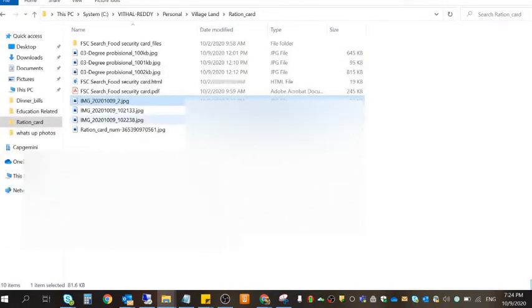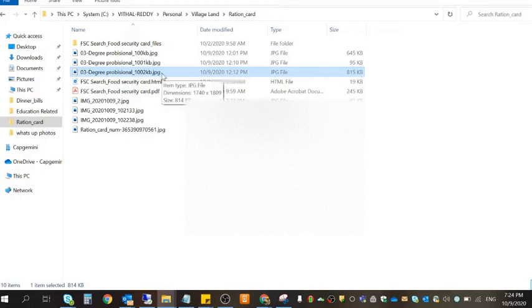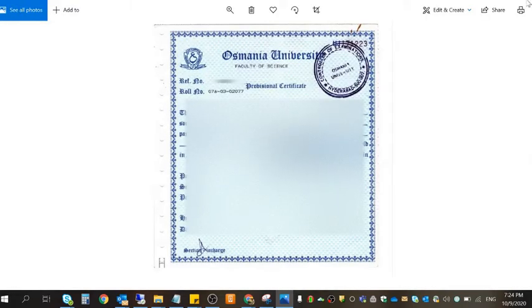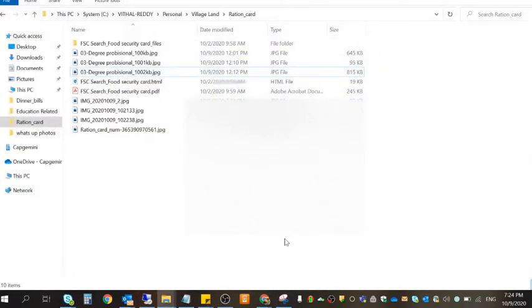The same way, for the provisional certificate also you have to change it. For example, the provisional certificate size is 815 KB. You can see I have reduced it to 95 KB.